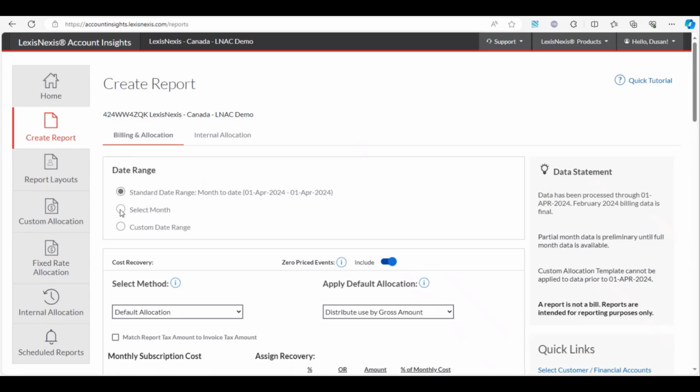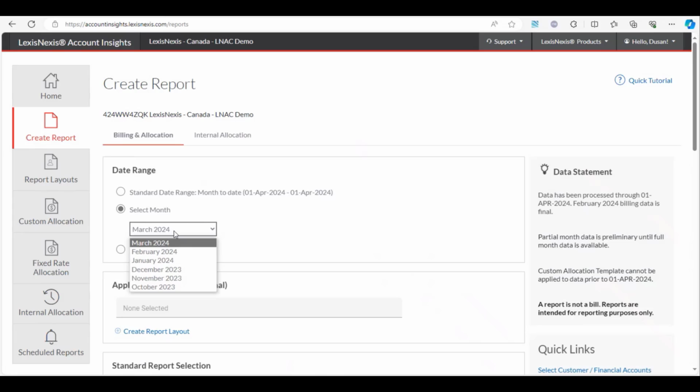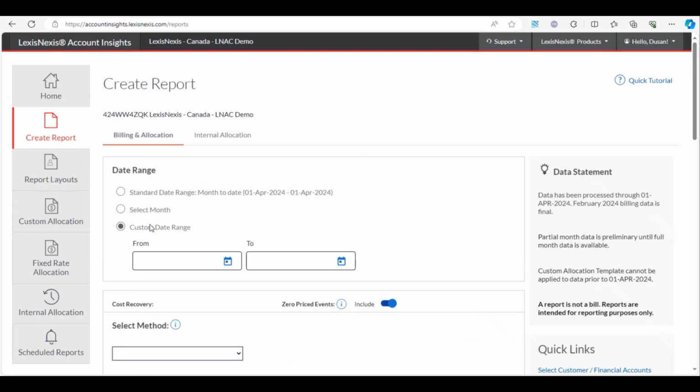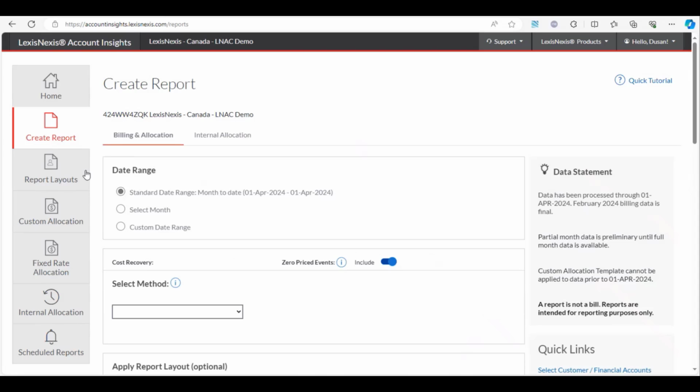Select month, which allows you to select the month that you want the report for, and then the custom date range. For the sake of this example, we're going to select the standard date range. So this is actually from the first day of the month to the last day that was processed. So today is April 2nd, 2024, and we only have April 1st that has been processed